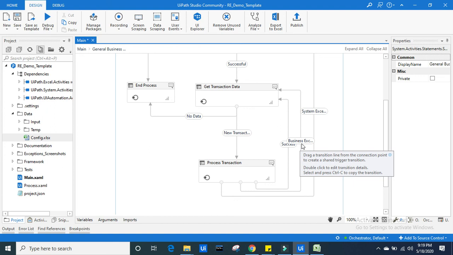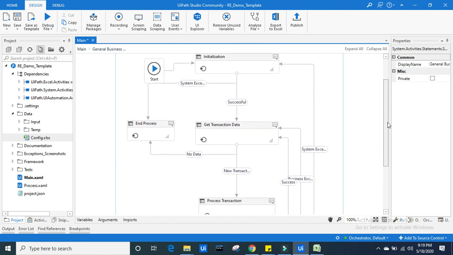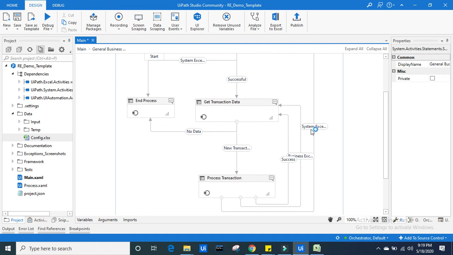We will see in detail what exactly the business exception is. If it is a system failure, it will throw the system exception. We are going to see this kind of exception when we deal with one simple hands-on practical example.